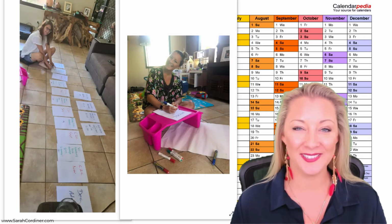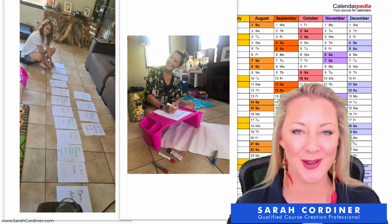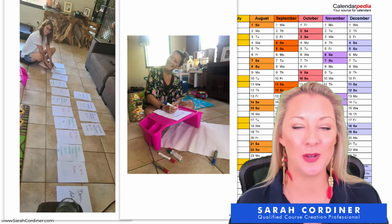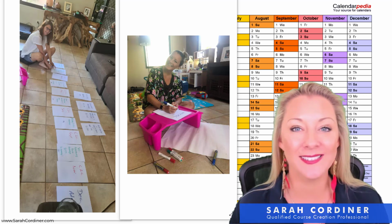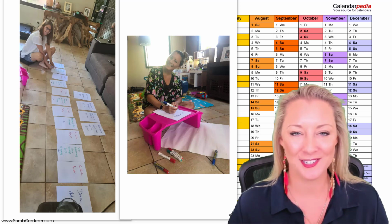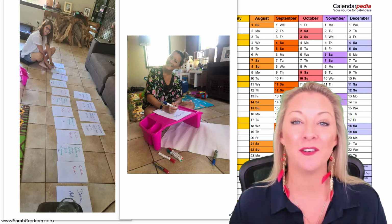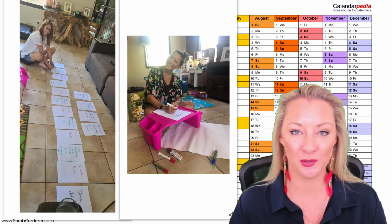How to get organized and put your business plan, your strategic plan, your BHAG into action. Quite simply, you're going to create a calendar of events if you want to make a plan that you're going to stick to. There are a number of different ways that you can do this, but one of the simplest ways to begin is planning out your year of events up front in advance so that you're super